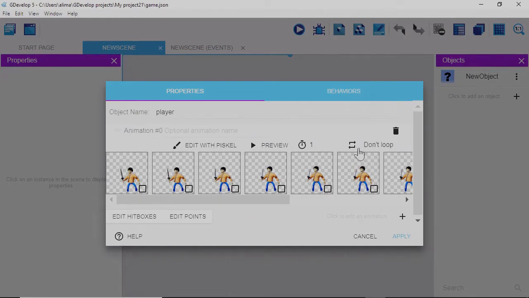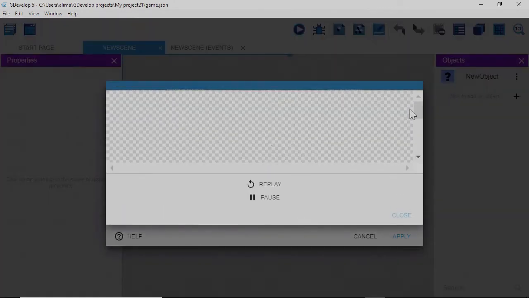And what you want to do is, see where you see this don't loop? You want to left click this so that now this will loop instead of not looping. And then where you see this clock, this is where our timing is set up for our idle animation. What you want to do is click here. I'm going to change this to 0.08. And then I'm going to left click on the preview button to see